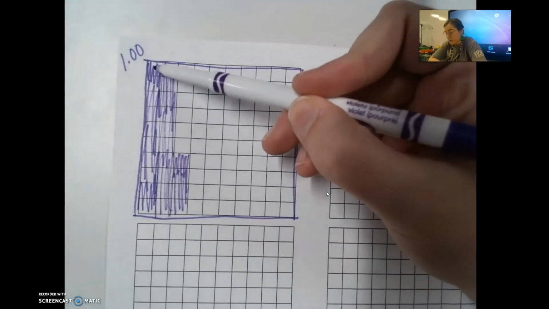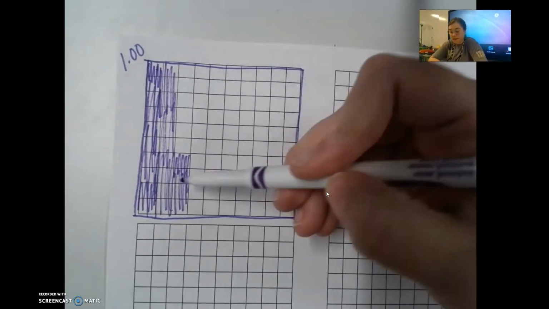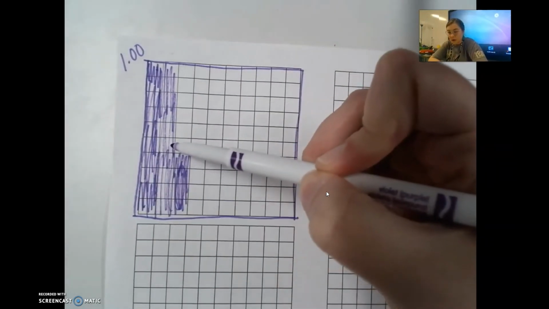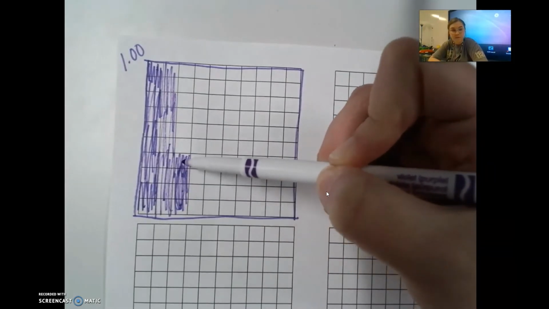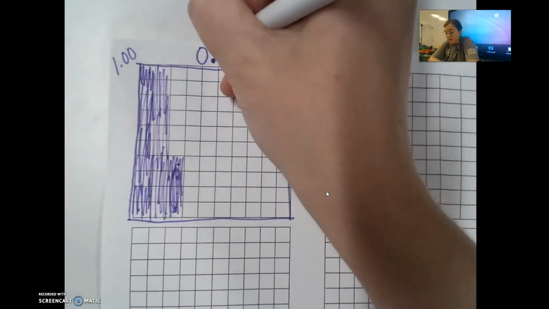Okay, so you should have unpaused. So I know that there's 10 in every row on this. So I'm going to count by 10s until I get to this small one. So I know this is 10, 20, 21, 22, 23, 24. So I don't have any holes, so I put my 0 in my decimal. And I have 24